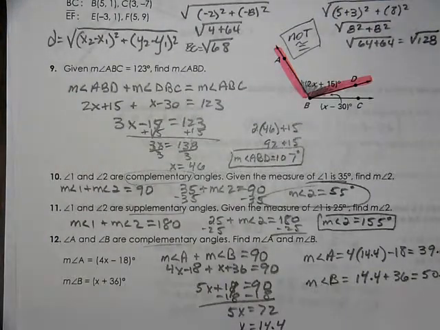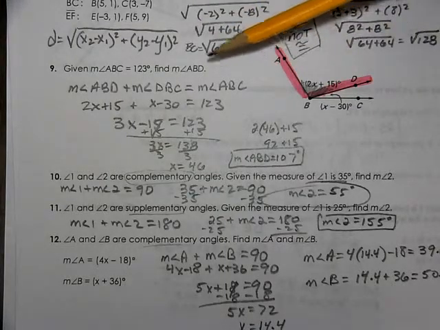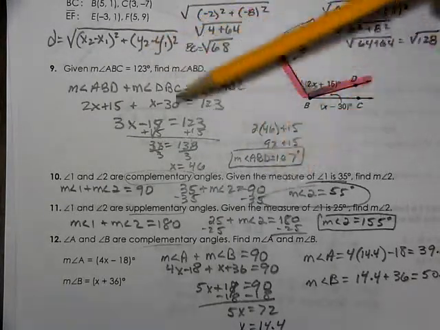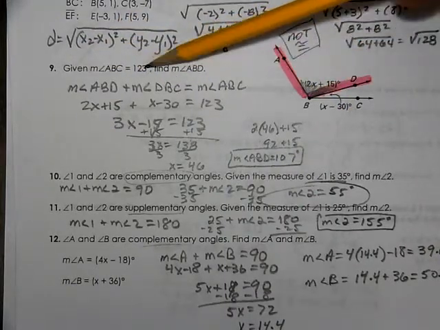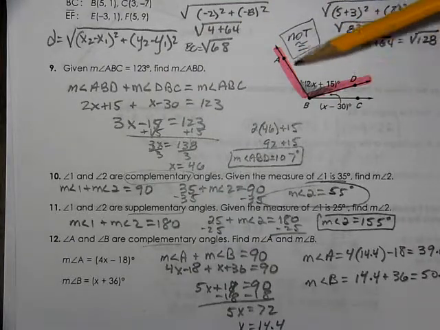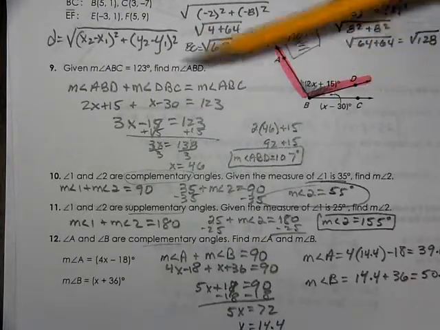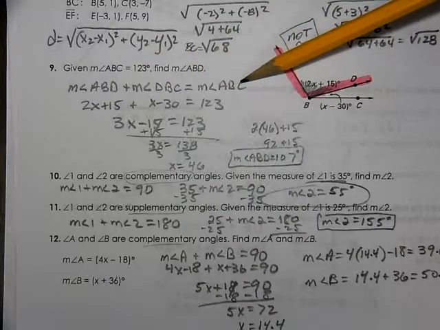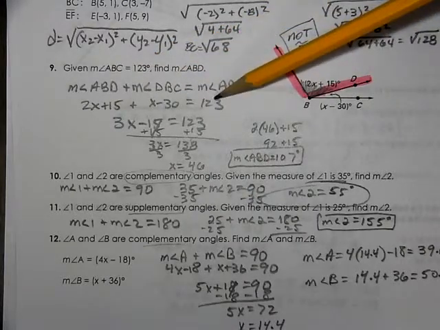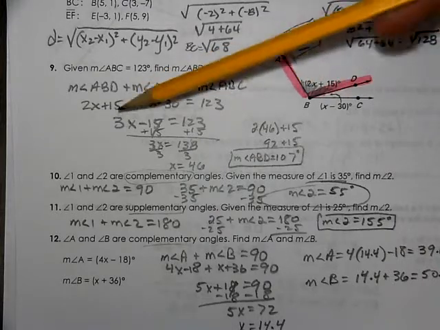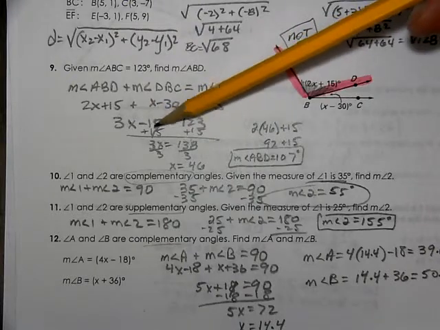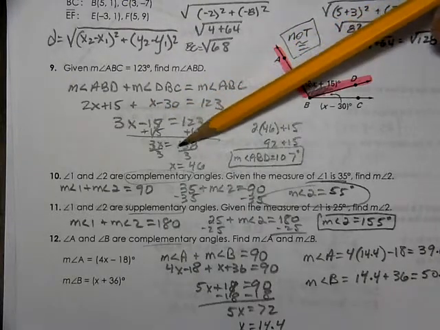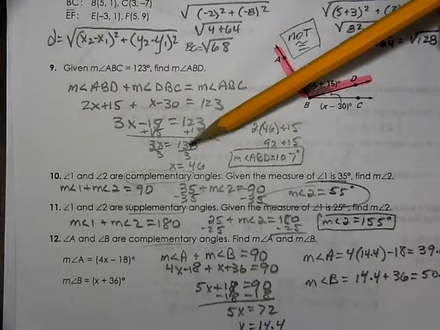This is geometry's review for the midterm for semester 1. I've done some calculations already, but for number 9, we know that ABC is 123 degrees. It's made up of two angles that add up to equal ABC. If ABC is 123, then those two angles will also add up to 123. So we collect our like terms, add our amount across to become 138, and we can divide to get an